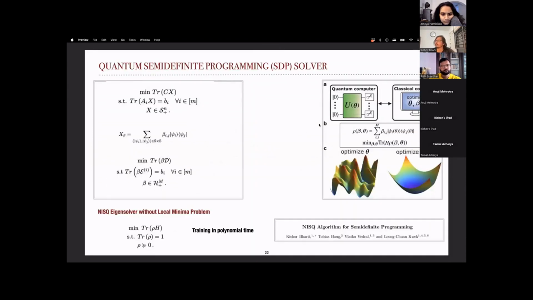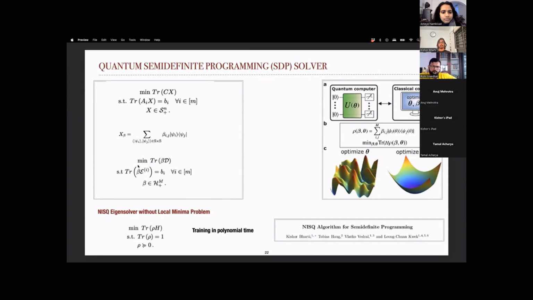So here we proposed one approach. The idea of many of these variational quantum algorithms is that you are in a big space, and from the big space you go to a smaller space. But in the process of going from the bigger to the smaller space, many of the algorithms that we have lose track of the convexity of the problem.